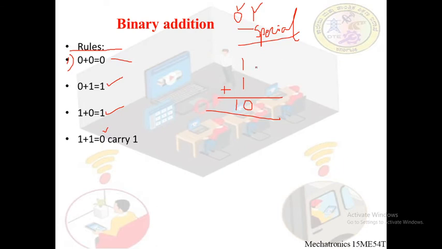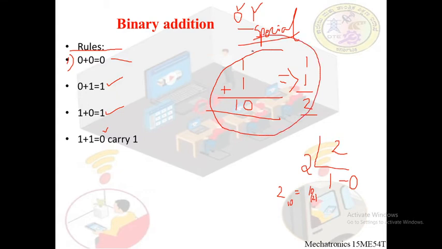Because for 1 plus 1 in decimal, if we find the decimal equivalent, 1's decimal equivalent is 1 and the binary number 1's equivalent is 1. When we add it in the decimal number system, we get the value 2. 2's binary equivalent is 10, that is 1 0. So when we convert this decimal number into binary, we can say 2 ones are 2, remainder is 0. So 2 to base 10 is equal to 10 to base 2. Therefore we have obtained the answer. This is in the binary number format, this is in the decimal number format.